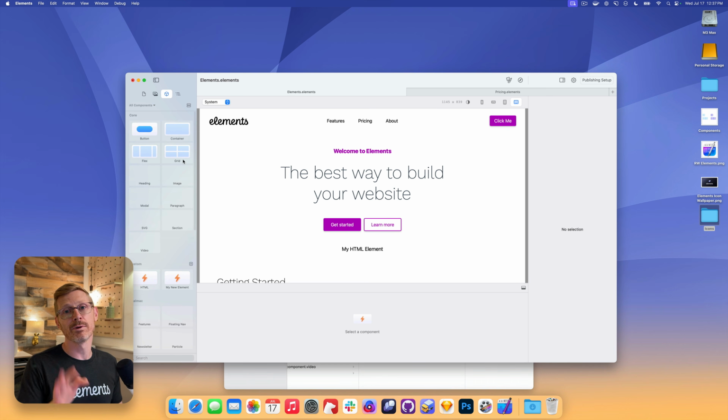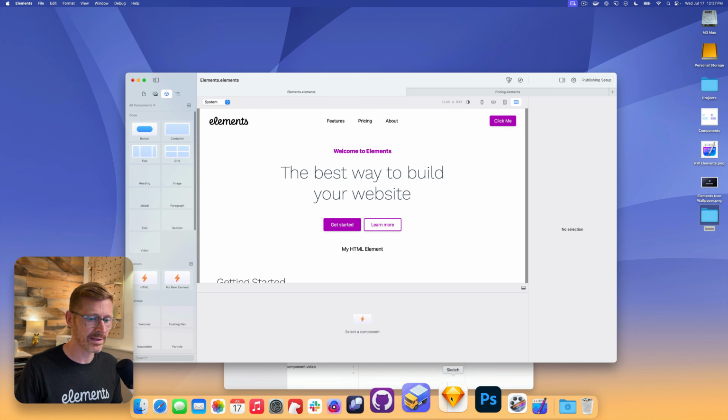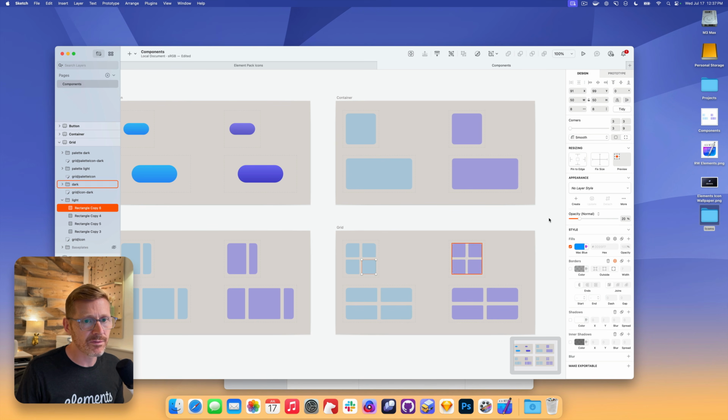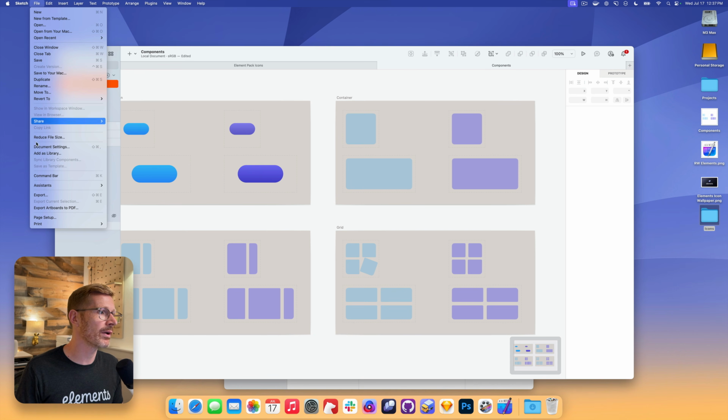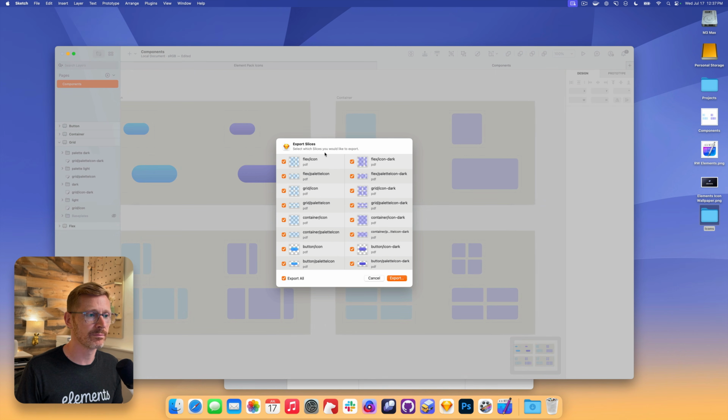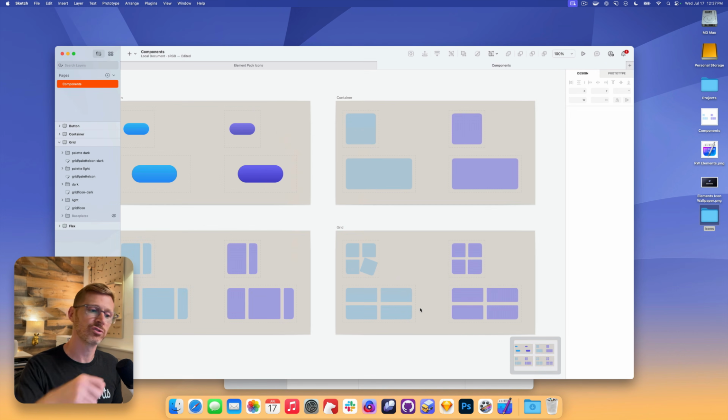Now I just need to go through and do that for the rest of these icons. But once I have all this set up, it'll make it really easy for me, if I wanted to make changes to this, just to go up and say export, boom, and it'll export all those, and I can just drop them in. So that's